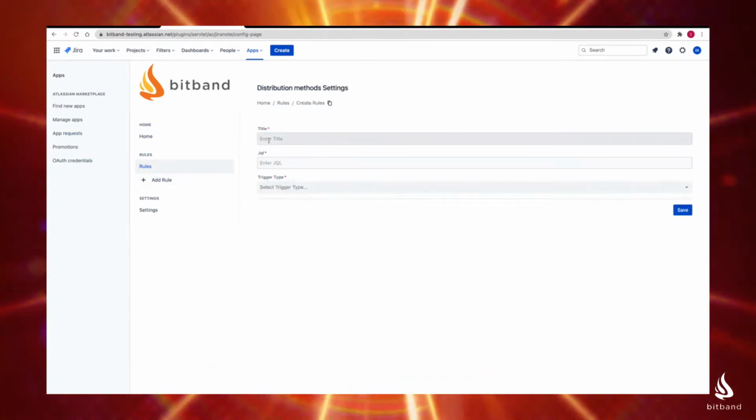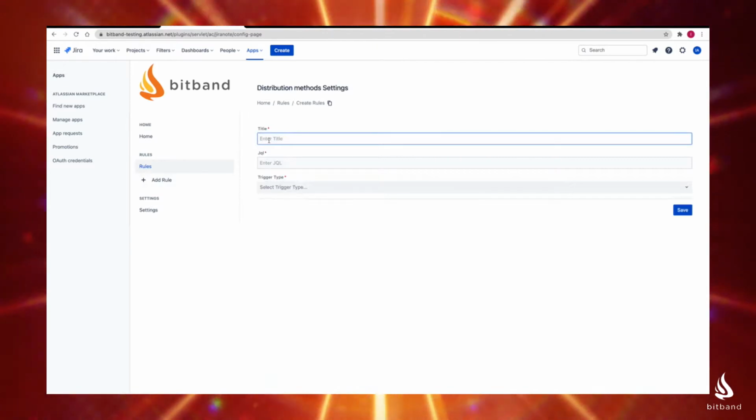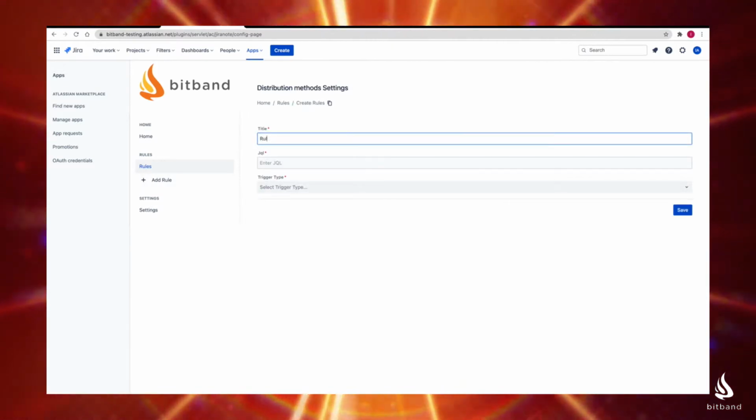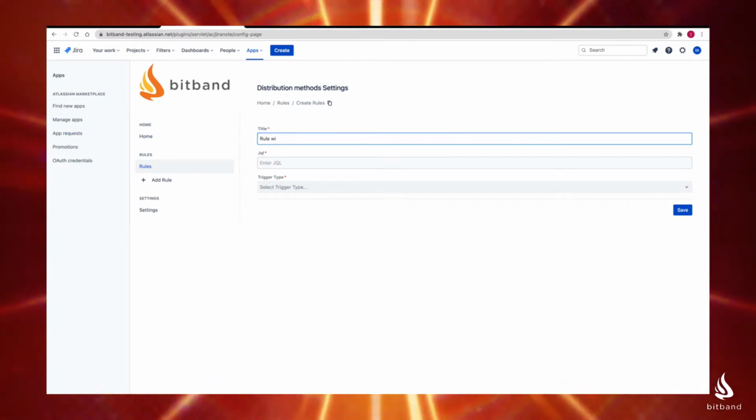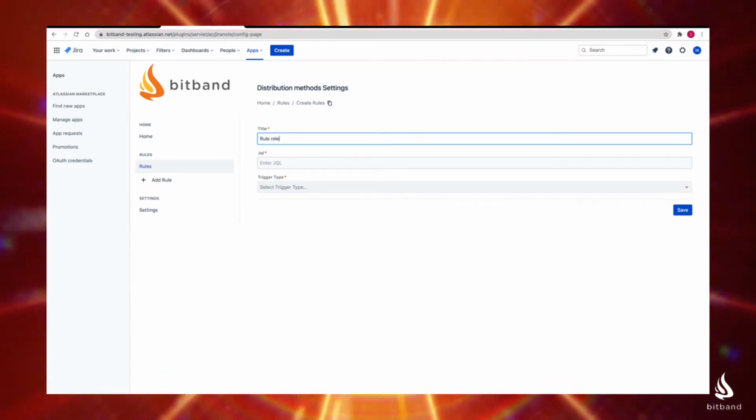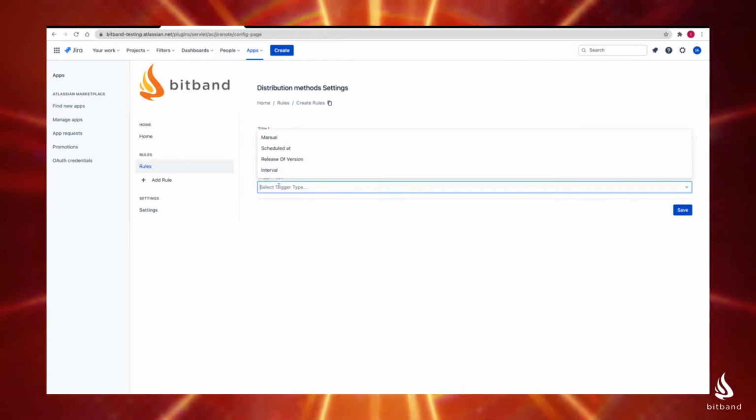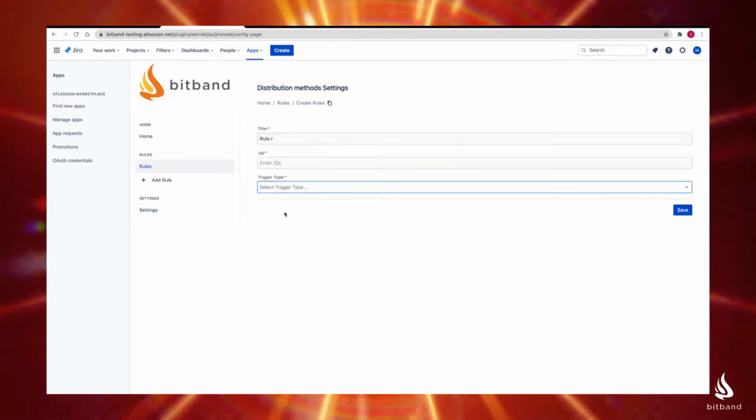We're going to add a second type of rule. And so this type of rule will actually be an interval, where you could set the release notes to send out daily, weekly, monthly, whatever frequency works for you when a certain group or unit of work is completed. So again, you give a name to this rule. We're going to select